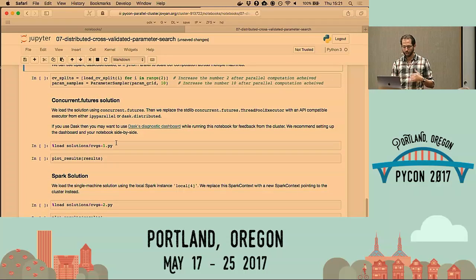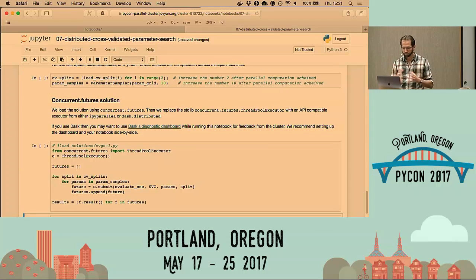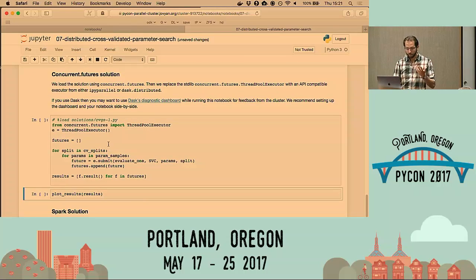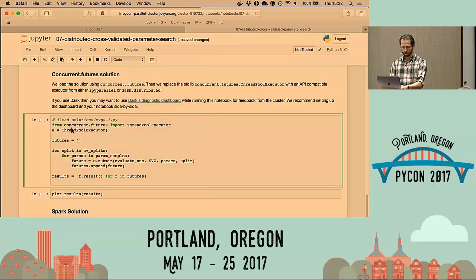And so we had solutions from the last section, like this solution with concurrent futures, that ran faster, but now instead of concurrent futures submit model, we can replace that with some other distributed library that implements this same API. So there are libraries like Scoop that implement this, IPython Parallel implements this, Dask implements this. These are all distributed versions of the same API. So instead of running this with concurrent futures,